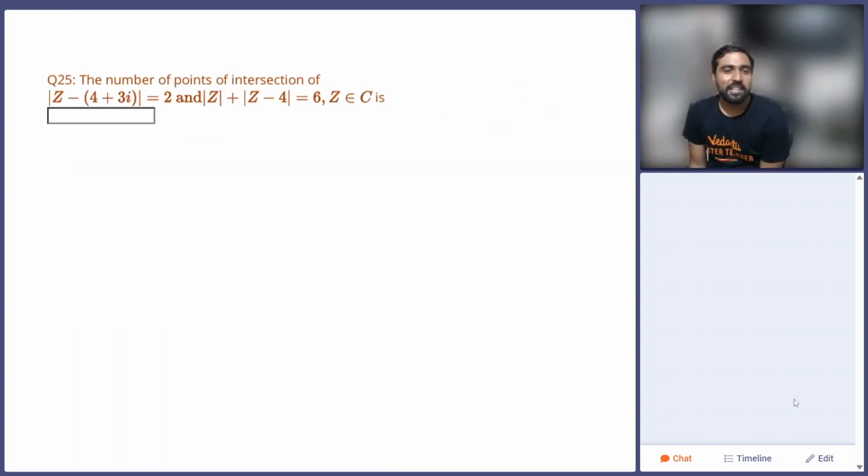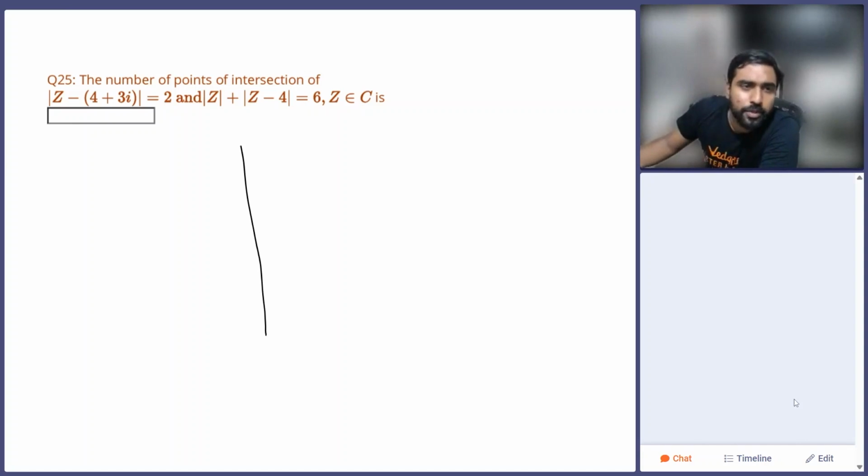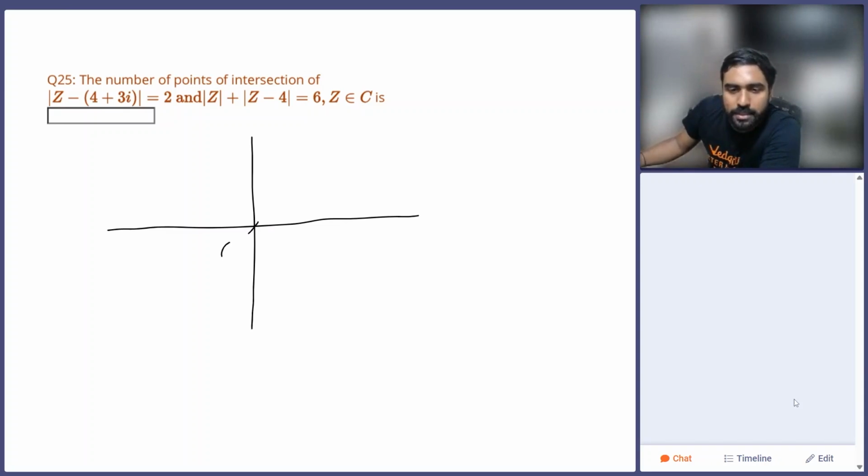Moving on, let's have a look at the last question. What do we have? So we have one circle and we have one ellipse over here. Very well. First of all, let's try drawing the ellipse. You have been told that the foci of the ellipse are (0, 0) and (4, 0), and the major axis length is given to you as 6. That means the end points will be (minus 1, 0) and (5, 0), giving you the ellipse, which looks something like